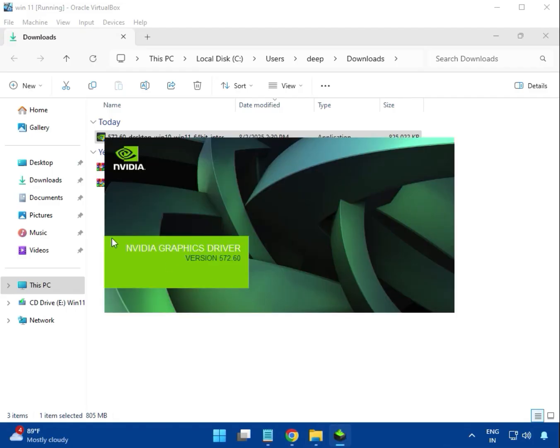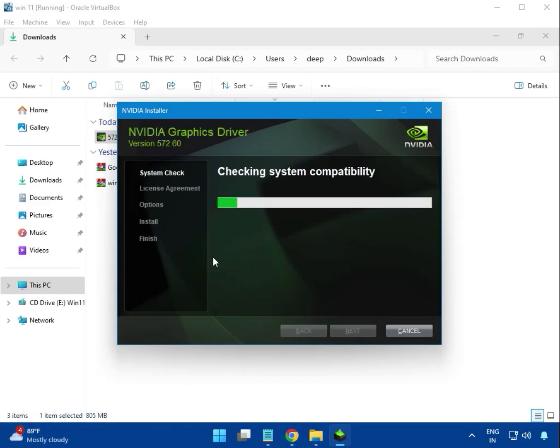After that you can see, okay, now it's checking the connectivity, and then next to install, next, and then restart